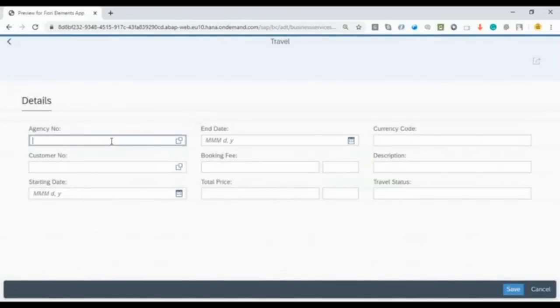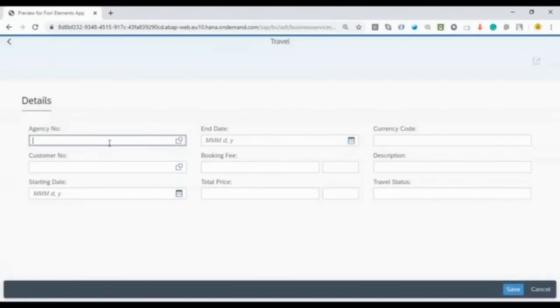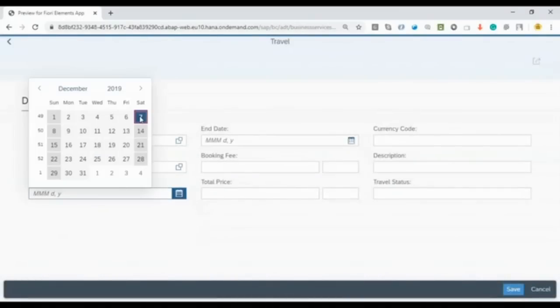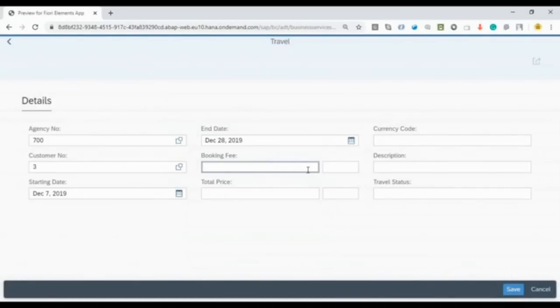Now agency number, I will just choose an F4. Now watch out, I enter a wrong agency number. See what happens. Okay, this is something which I wanted to show you. So I just enter 700, which is not a valid agency number. Rest all the data I will enter valid data. So that was about the validation part. Somebody was asking about how the validation is working here. So validation testing,